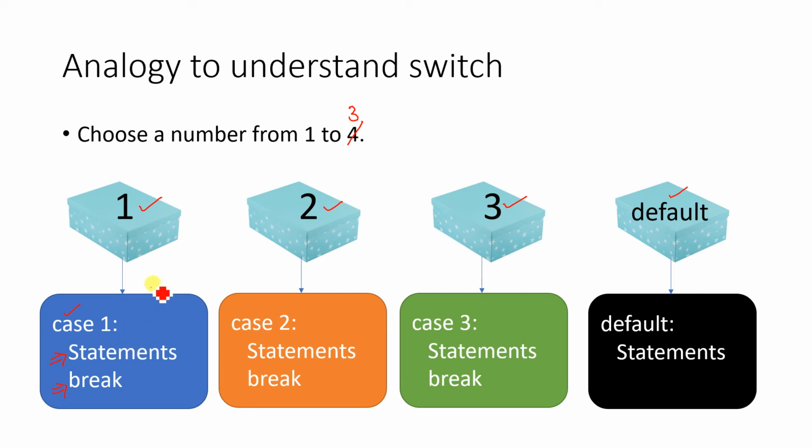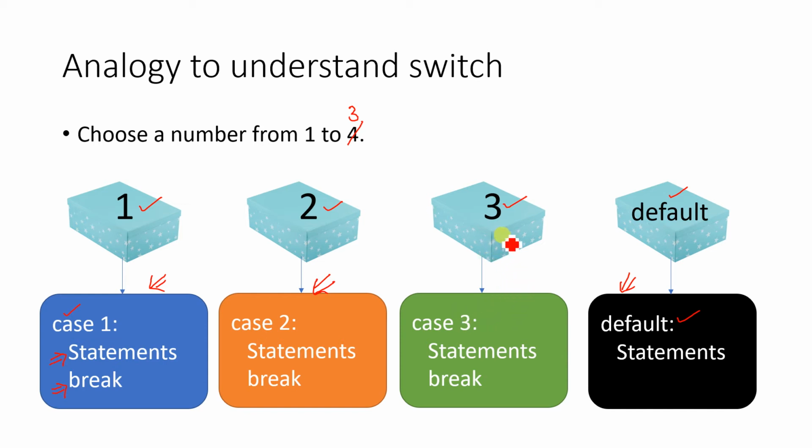Similarly, you can see for box 2, in C programming it is something like this, that is case 2 and case 3. And finally, as I have already told you, if you are not interested in choosing a box, then there will be a default statement which is written over here. Here we can say default is also a keyword. Under default there are some statements, and they get executed if you wish to choose no case.